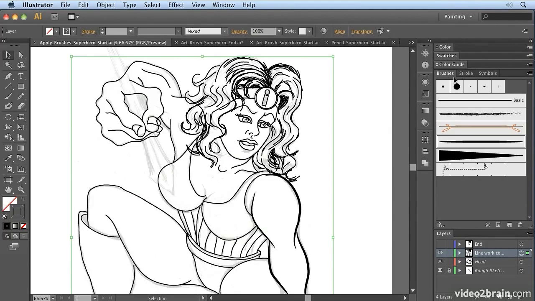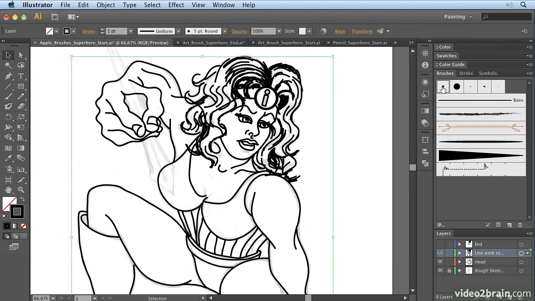Now, if you have a look at the Brushes panel, there are some default brushes in there. And you'll see I can go between the different brushes. These are calligraphic brushes,